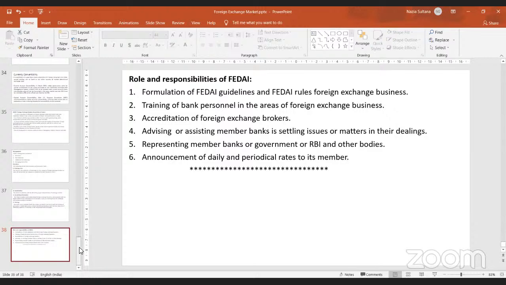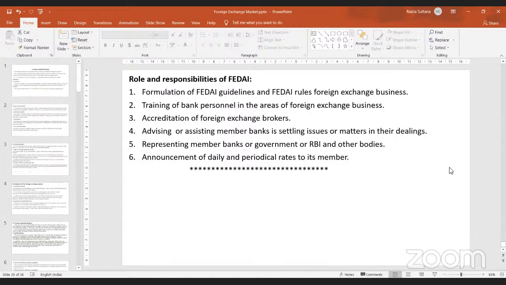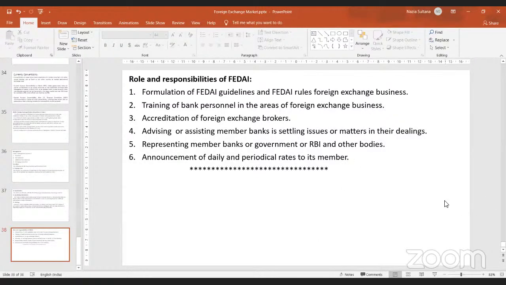Right. So this is about your topics which are related to forex, exchange control, exchange rate determination, theories which support your foreign exchange currency determination, spot rate, forward rate, purchasing power parity theory, balance of payments theory, role and functions of forex, features or characteristics of forex, and your capital account and current account convertibility and FEDAI. Right. So today's session we have devoted towards this. If you see, getting back to your material,